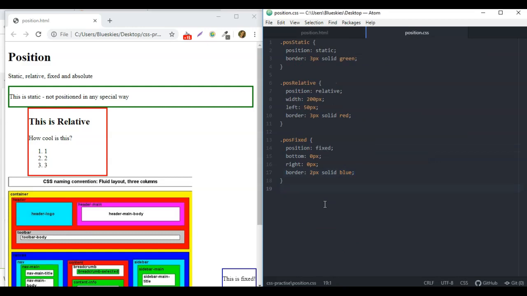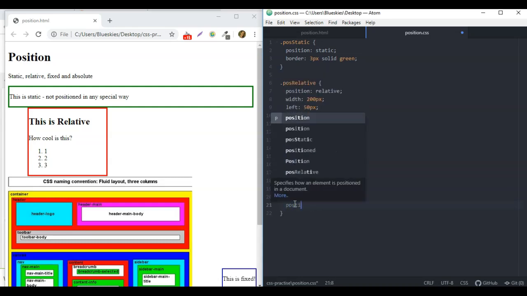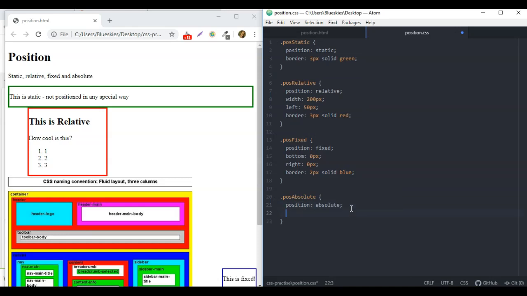We're going to have a paragraph here saying this is absolute, and then we're going to create it here, so dot pos absolute. And so then we're going to put position of absolute. We're going to give it a very small width so that it can fit inside it quite nicely. Let's just go for 40px. And we're going to have it just a little bit from the right hand side of the div. So now if we run this,